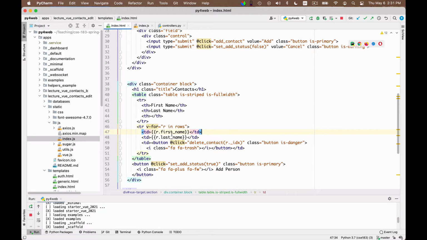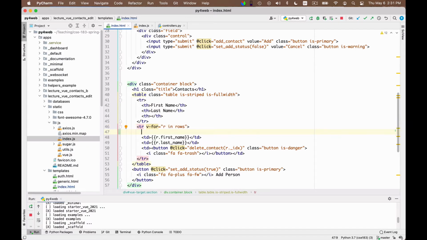And I want to obtain only one of them, because we will need to essentially write the same code for both of them, and I don't want to write things too many times. So I here write a TD v-for, so I want to loop essentially over the attribute name, which is the first name and then last name. So here I build an array that contains first name and then last name, okay?